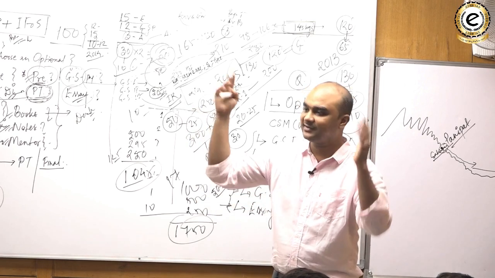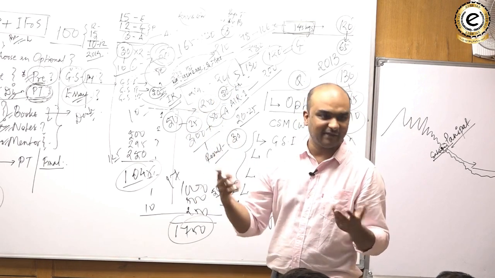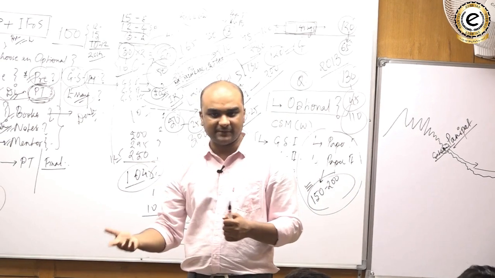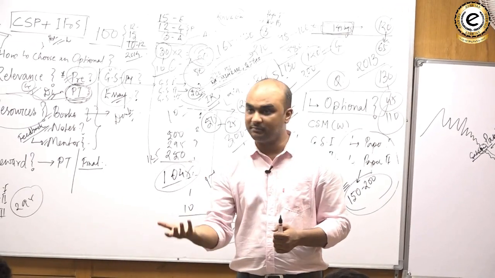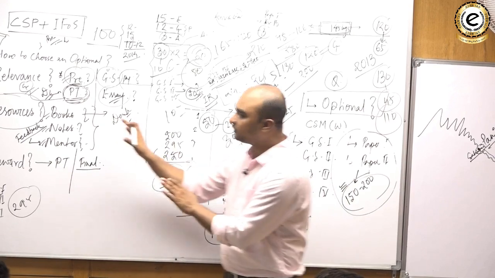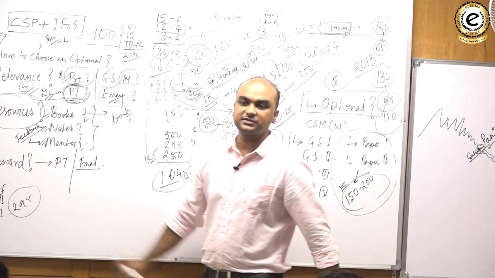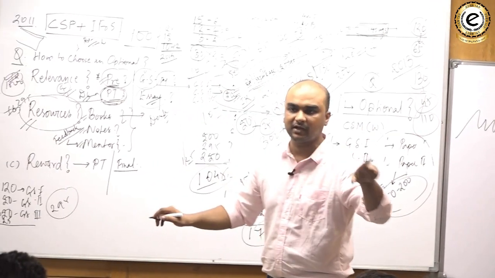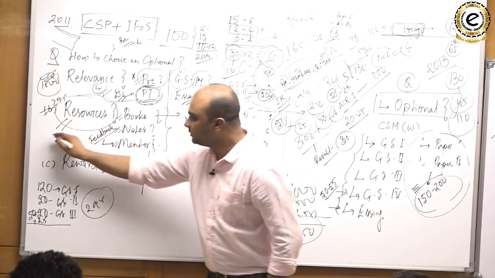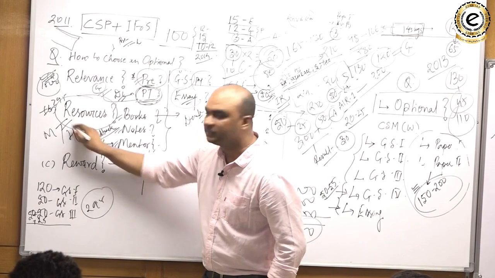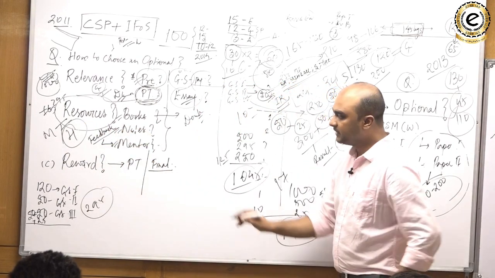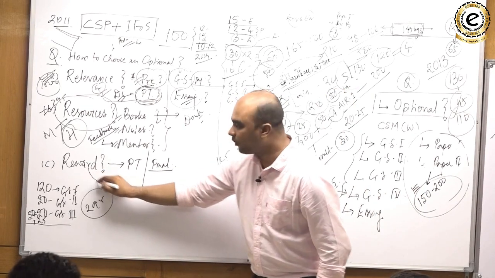If it is a 5-6 year plan, that is a different matter, but if you want to crack it the very first time that you appear for the examination, you cannot make such bad decisions with respect to optional choice where you do not consider the resource availability in the market. Resource is both the material resource as well as the human resource. Are you clear with that? Like the mentor is a human resource.